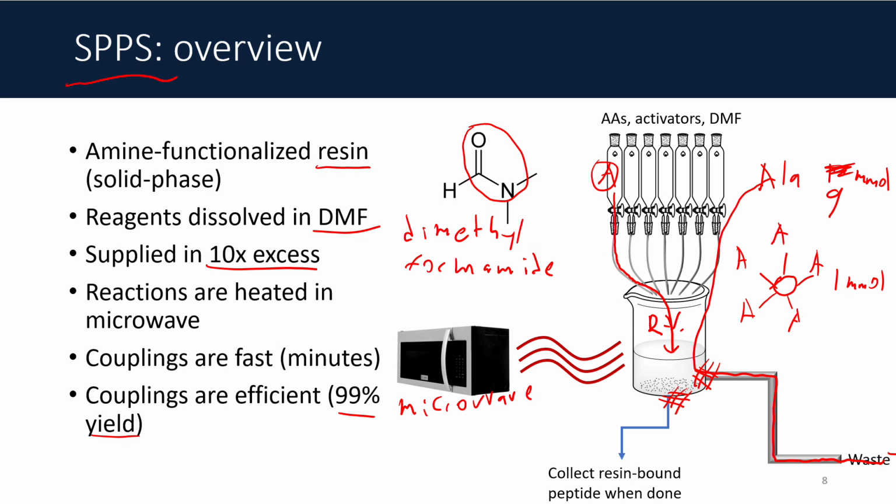And you have your resin left behind in the RV because it gets blocked by the mesh. There's no awful purification needed between each step. You just rinse off the junk and then add in the next amino acid. Repeat with the next and the next, and you go down the whole alphabet if you need to. This systematic process of couple and then flush, couple and then flush allows us to make really complicated peptides really